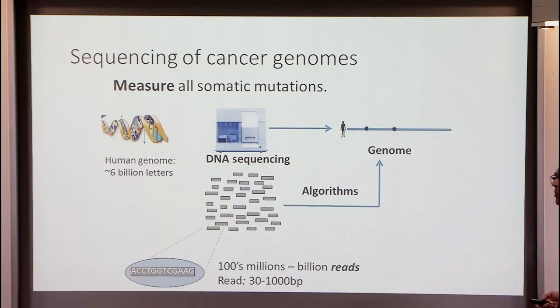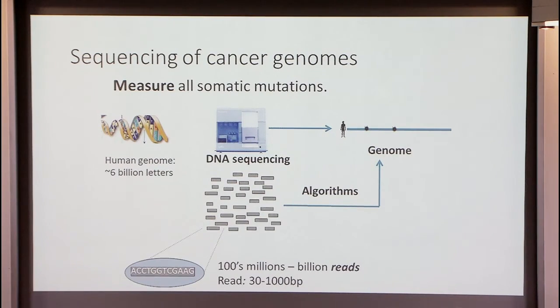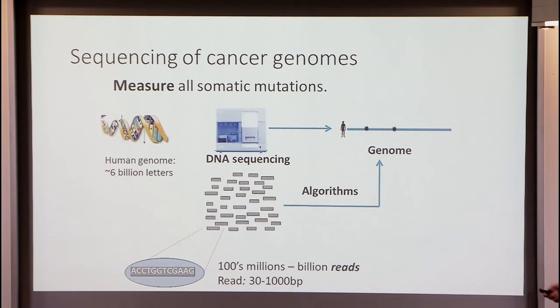Okay, I will continue right away with measuring mutations, and that means for us detecting mutations from DNA sequencing data. So the name of the game is you start with the cancer genome, which is of course an altered human genome. You apply one of these next generation sequencing technologies, you get a large amount of short-read data, as we have seen several times today and yesterday already. And the first step here is, in almost all applications, mapping these reads to the reference genome.